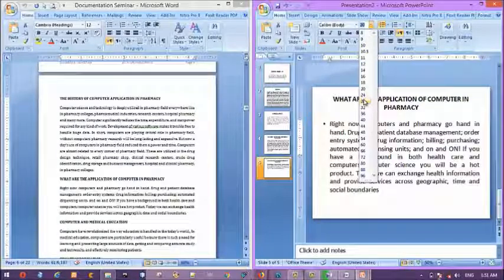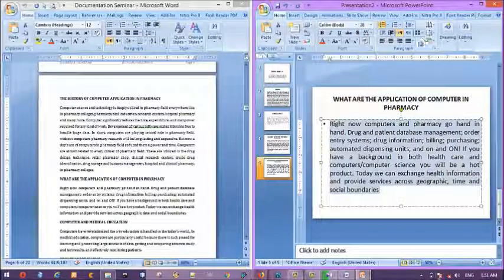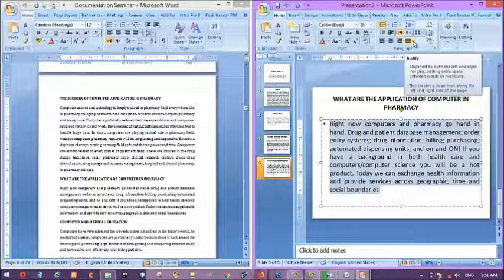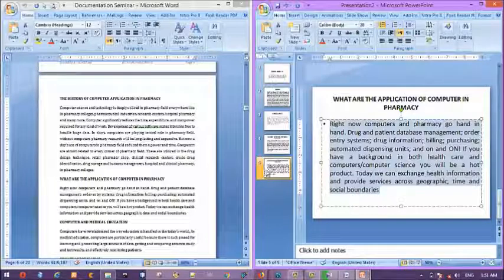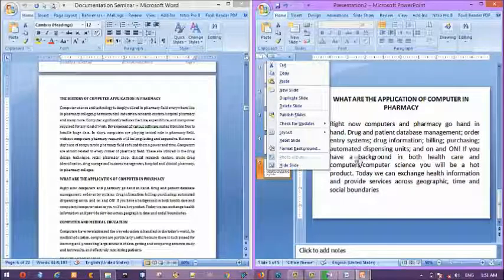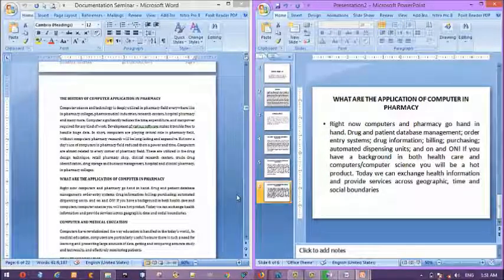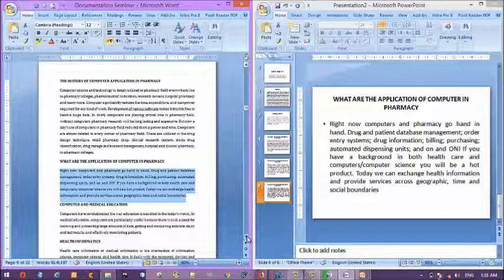Increase the font size to 28. It's okay. Then you justify. It's already justified, so you leave it. You come back to the slide and duplicate again. Hope you are following. Now this is the duplicate one. You go back to the document again. You scroll. Let's get